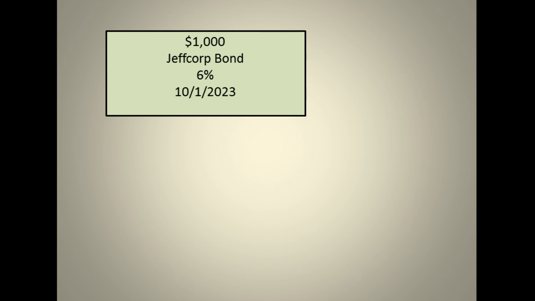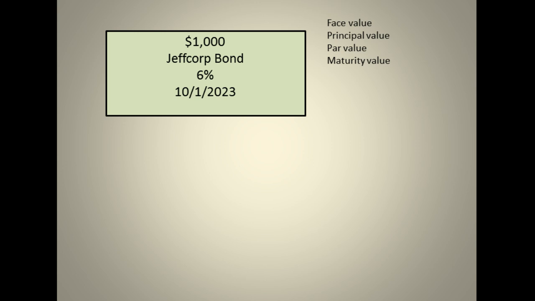First of all, this is a Jeff Corp bond, a corporate bond issued by Jeff Corp, who needs to borrow some money. And that top value there, $1,000, we're going to call the face value, or depending on who you're talking to or the textbook you're using, it can also be called the principal value, par value, or maturity value. It essentially is the amount that the corporation has borrowed, but for your purpose, the most important thing about this number is that it's the amount that the bond will pay back at its maturity date, which is given at the bottom there,